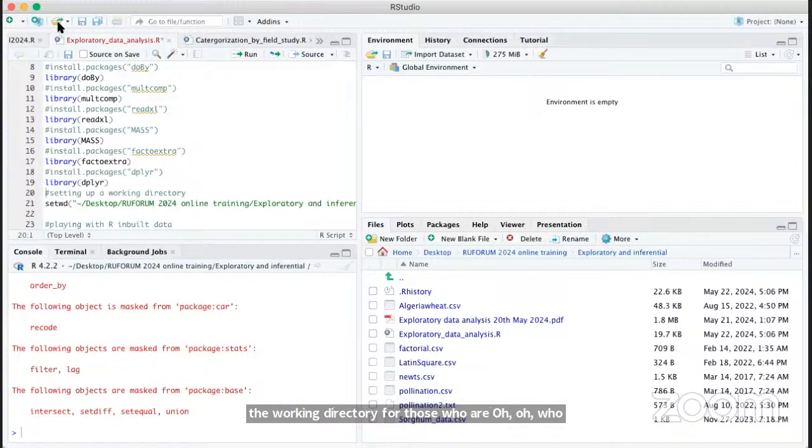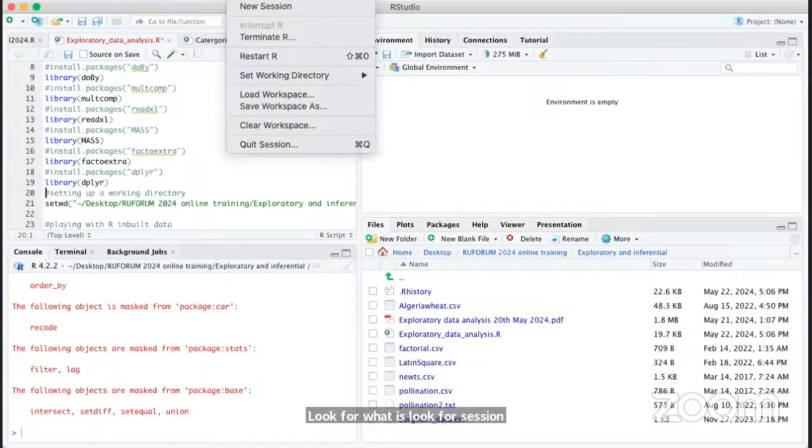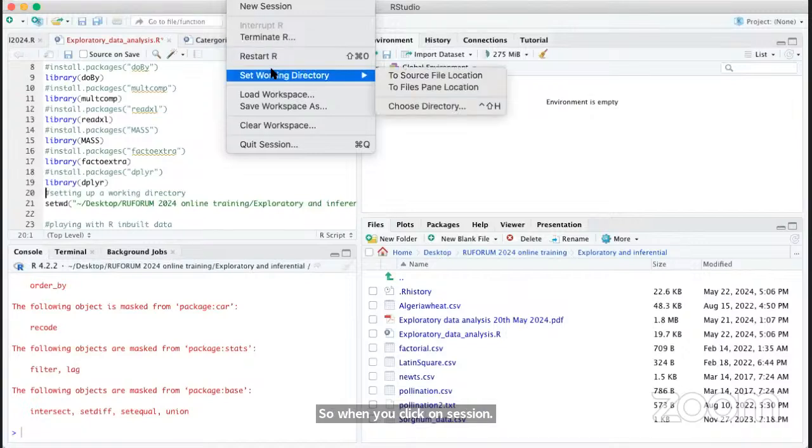So what we are going to do is go and look for Session. When you click on Session, you look at Set Working Directory, and then you choose a directory. So you go to Session, Set Working Directory, and then Choose Directory. You click Choose Directory,